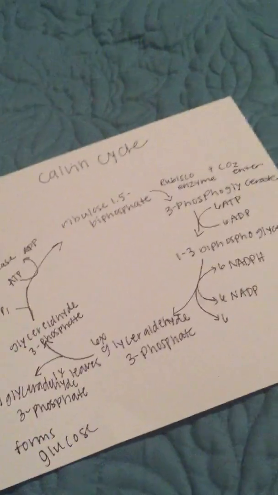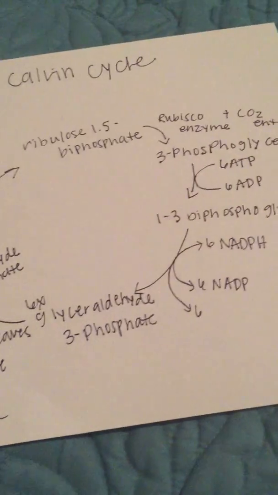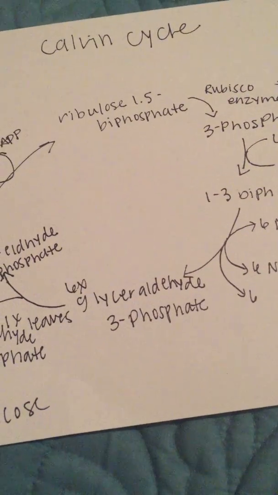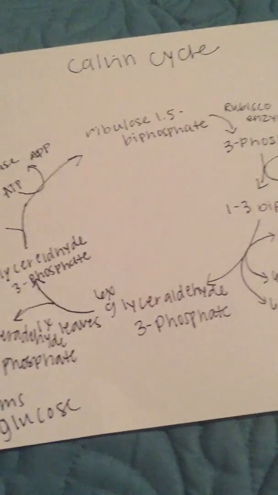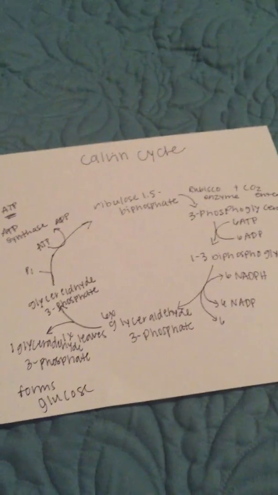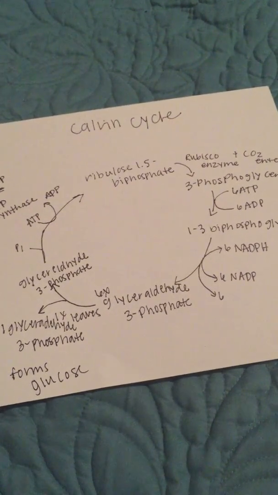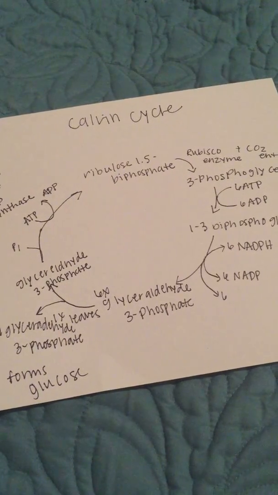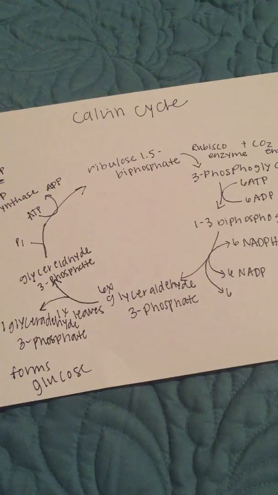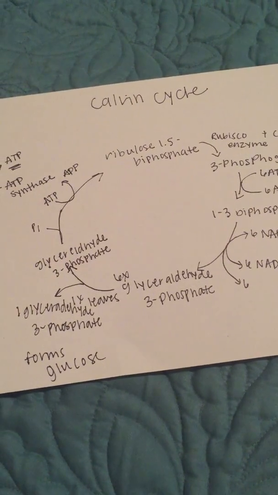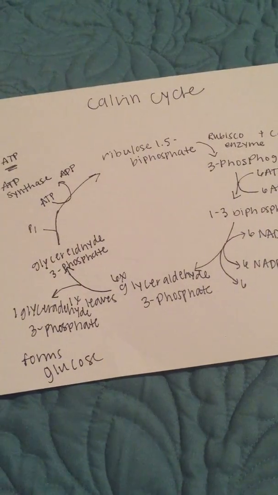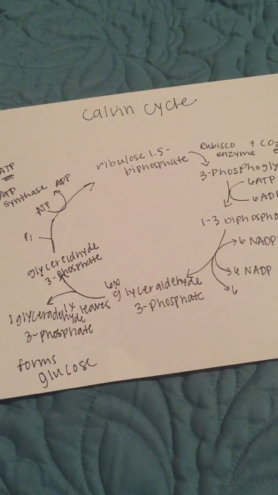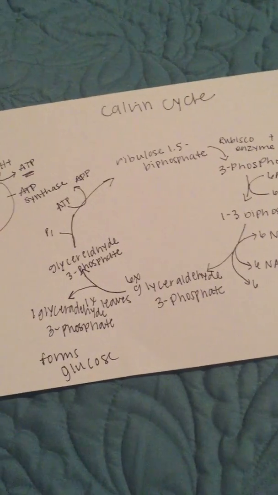So next I'm going to go into the Calvin cycle. The Calvin cycle starts with the ribulose 1,5-bisphosphate and picks up the CO2. It enters with the rubisco enzyme, changing it to 3-phosphoglycerate, then picks up ATP, changing it to ADP and adding the last phosphate group, making it a 1,3